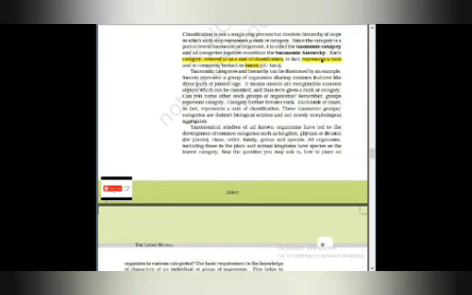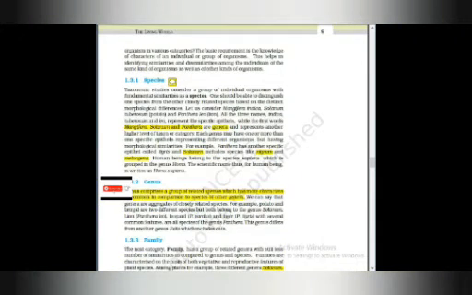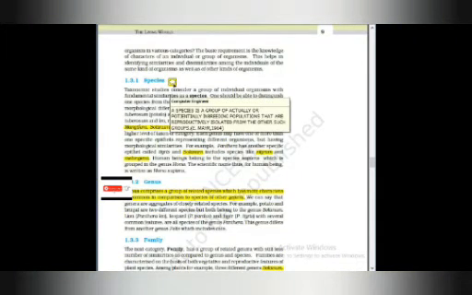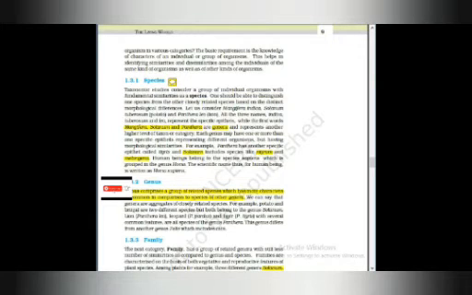Here each category is referred to as a unit of classification and represents a rank that is commonly termed a taxon. Now we will discuss what a species is. The definition was given by Ernest Mayr in 1964: a species is a group of actually or potentially interbreeding populations that are reproductively isolated from other such groups.